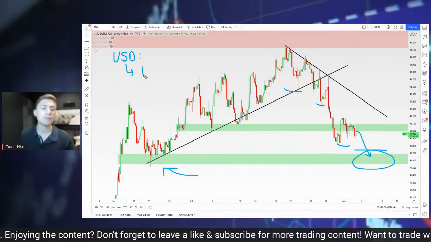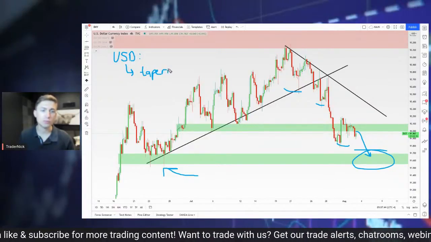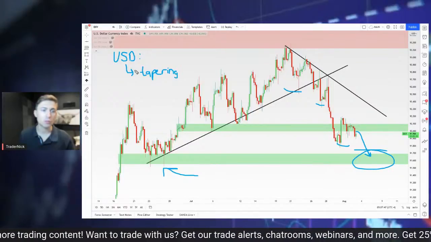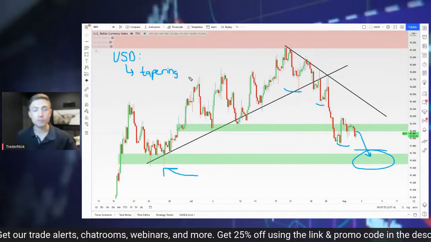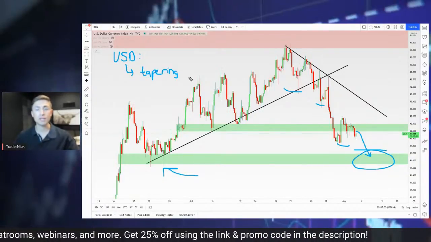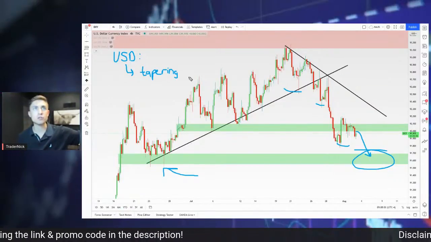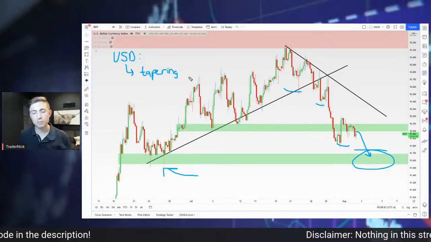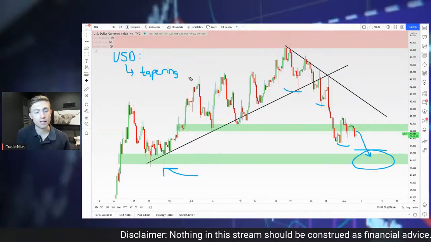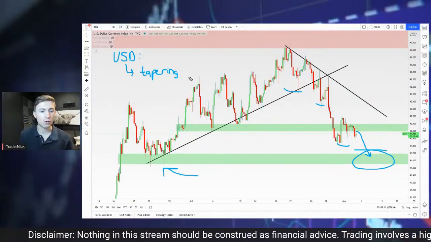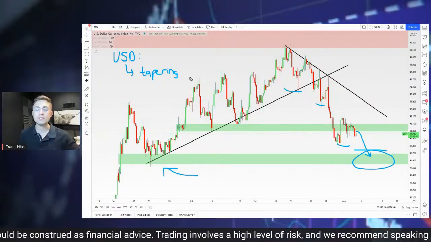For example, this concept of tapering, right? For those of you who may not be familiar with the concept of tapering, or even anything about central banks, tapering relates to when people talk about printing money or creating stimulus. This idea of using stimulus to help keep the economy going is something that a lot of central banks have been doing, especially since the financial crisis. We've seen a lot of quantitative easing, or printing of money, to stimulate the economy.